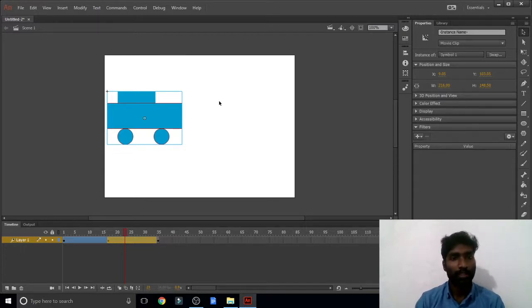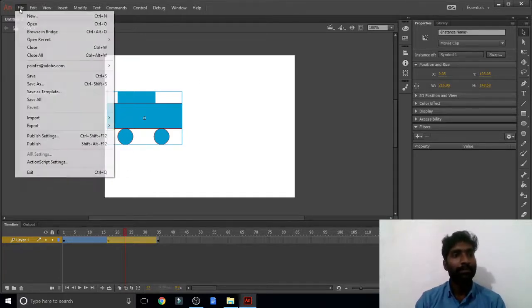So that is the reason: when we create a motion tween, this object will move from here to here slowly. That is the thing. Now, this is called motion tween.